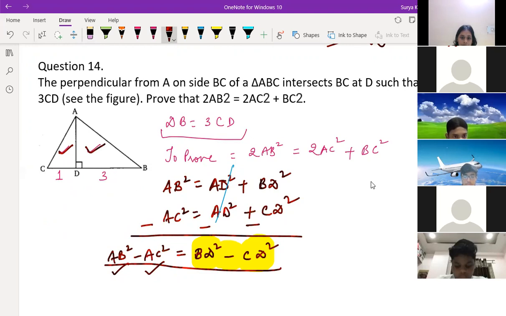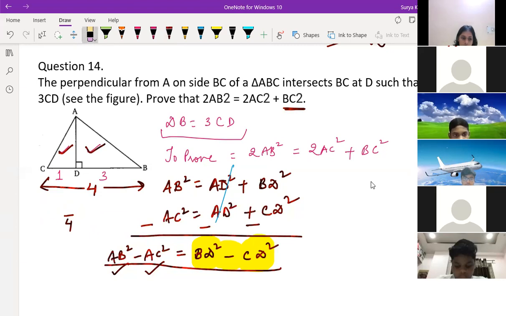So what you did, the total line is nothing but 4 parts only, right? If we take BC, we can tell 4 parts are there totally. So for BD, if you want to write BC minus CD, no, don't do like this. 3 by 4 part of BC is coming. Why am I writing BC? Because I have to bring it in BC form. So can I write like this, Drishi? BD is equal to 3 by 4 of BC. Can we write like this or not?